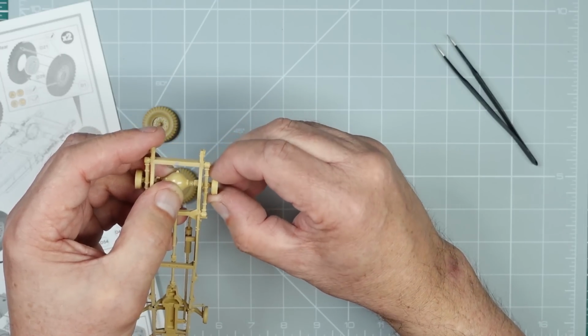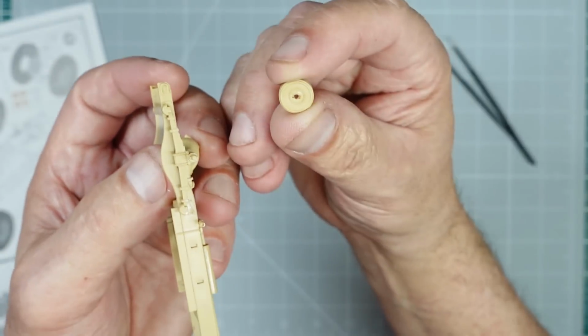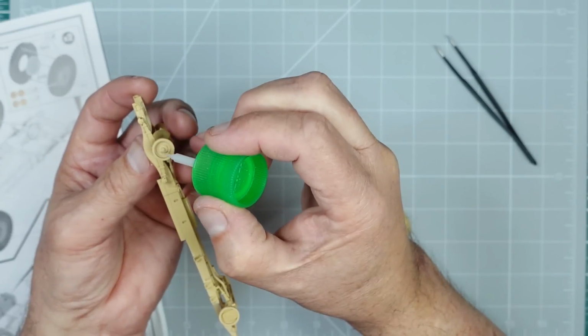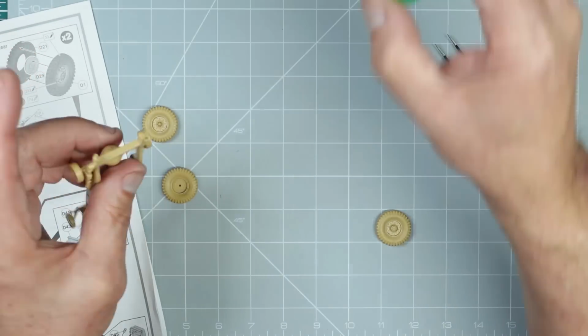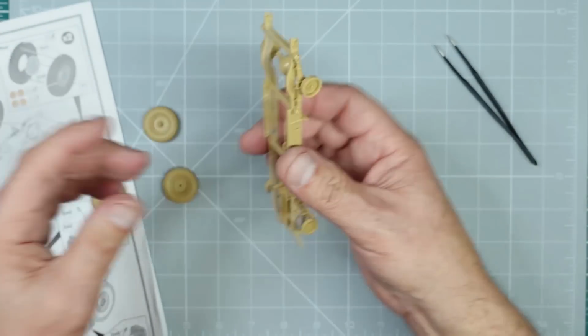So basically on that axle you can see we've got two lugs on that axle. We've got two slots in there, so that's got to go on and line up like that. So we can put a drop of glue on there, put a drop of glue on there, and then a little drop in there and a little drop in there, and that will hold them on. And then